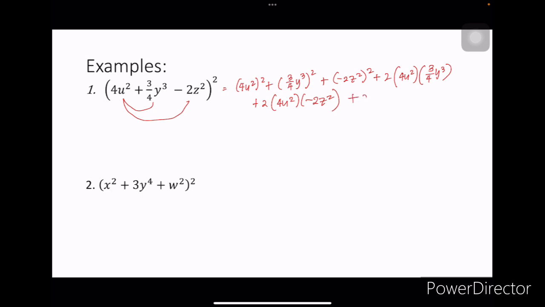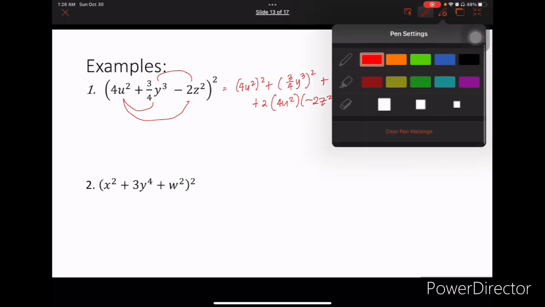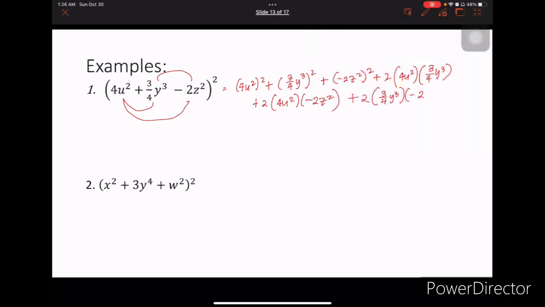squared, plus 2 times the middle term, 3/4 y cubed, times the last term, which is negative 2z squared. So let's just simplify. You have 16u to the fourth plus 9 all over 16y raised to 6 plus 4z to the fourth. This is equal to, cancel, so you have plus 6u squared y cubed,